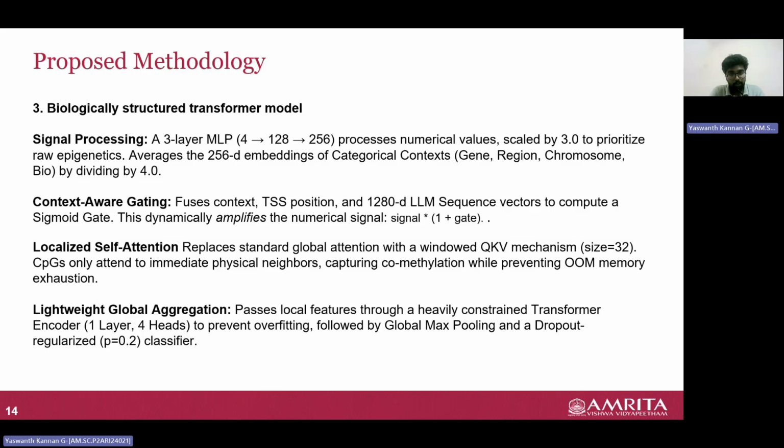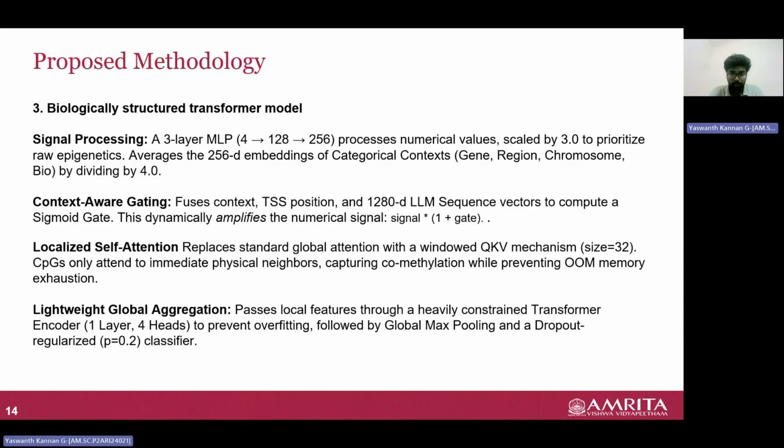So after capturing the local dependencies, the representations are passed through a lightweight transformer encoder model, which aggregates this higher-level interaction across the CpG sites, so that we can have a global interaction among the windowed CpG sites and capture the long-range dependency. Finally, we apply global max pooling to extract the most dominant feature,